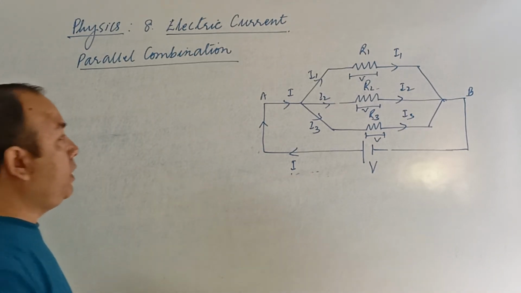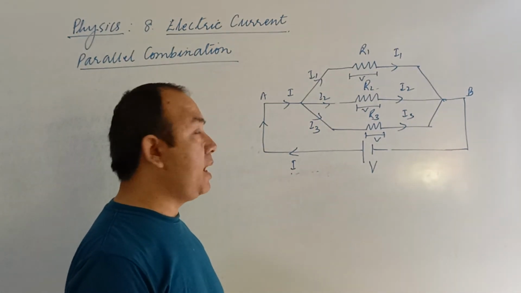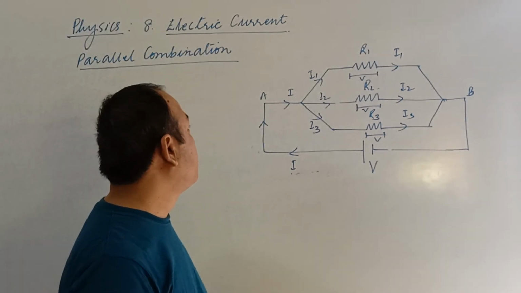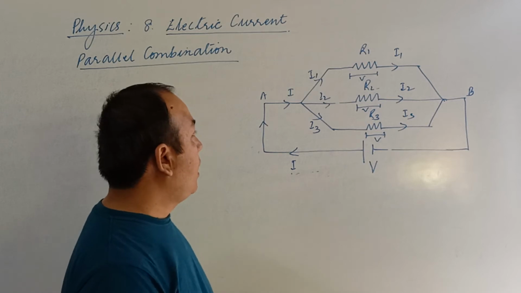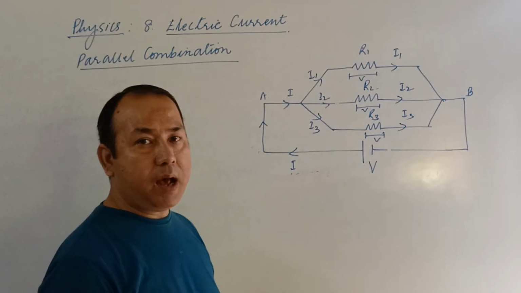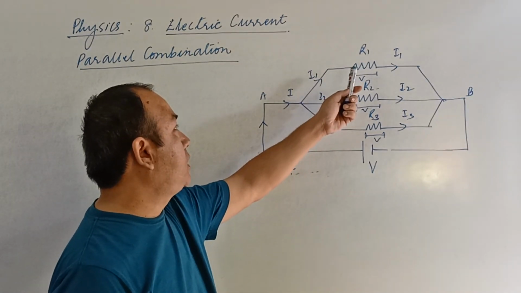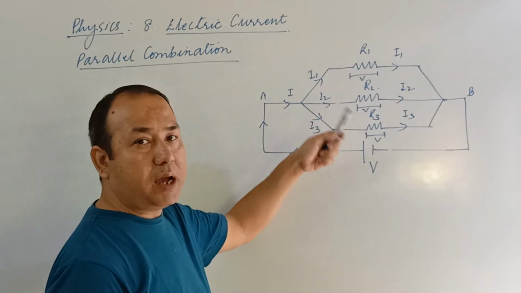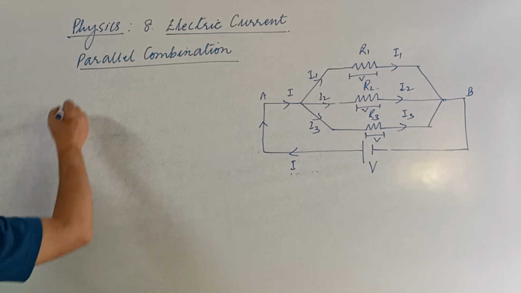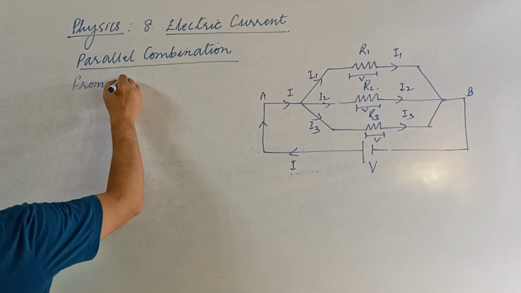So what we need to do is suppose three resistances connected in parallel, and the potential difference applied across the two points A and B is V, and the total current flowing through the circuit is I. The current flowing through the first resistance is I1, through the second resistance I2, and through the third resistance I3. Then from Ohm's law we can write,